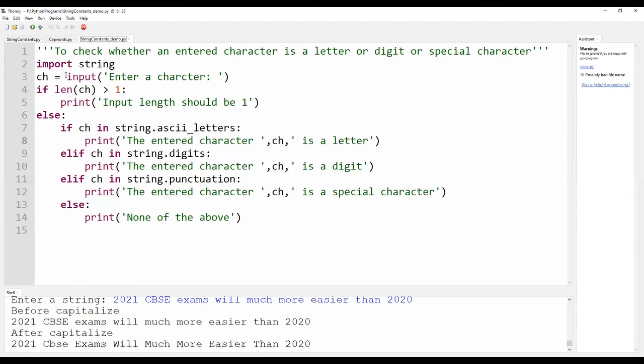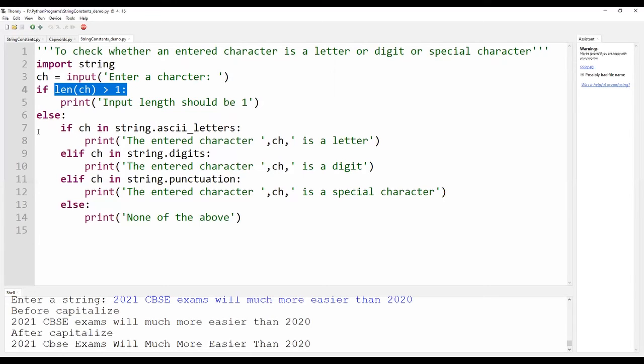Since it is a character, I check whether the length of the string is greater than 1. If it is greater than 1, I say that the input length should be 1, because I am going to check a character and not a string.